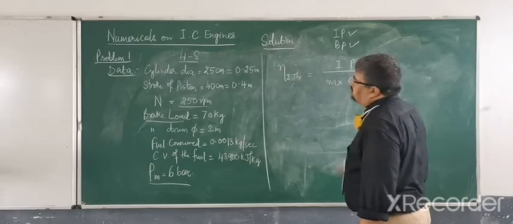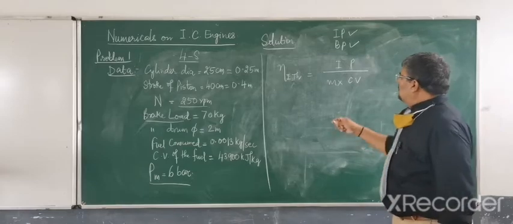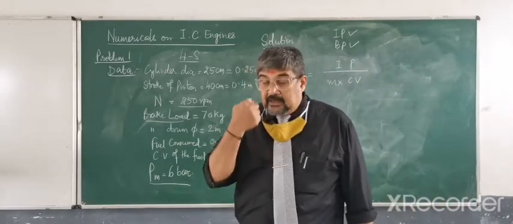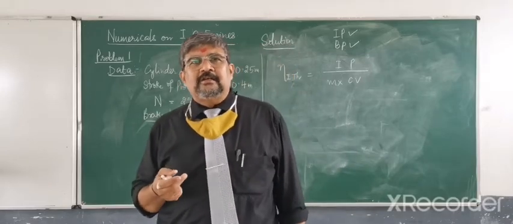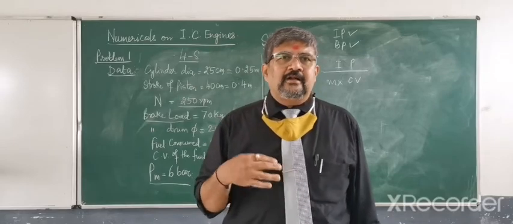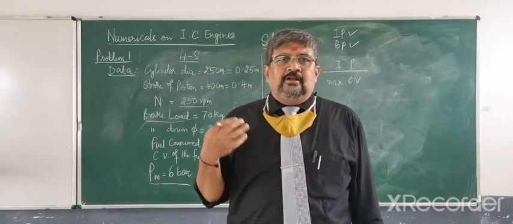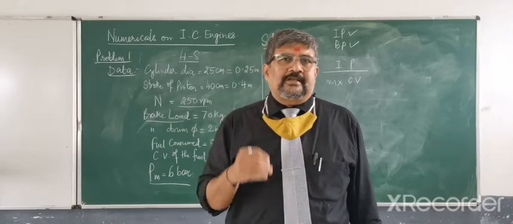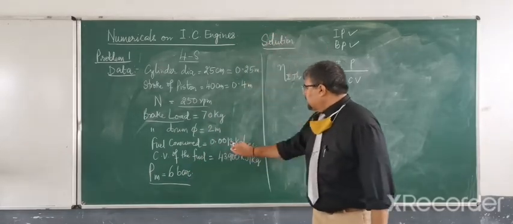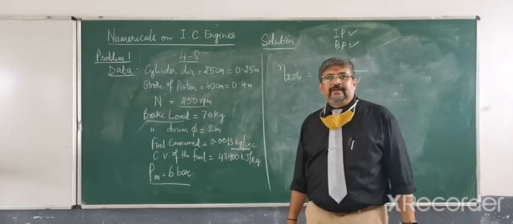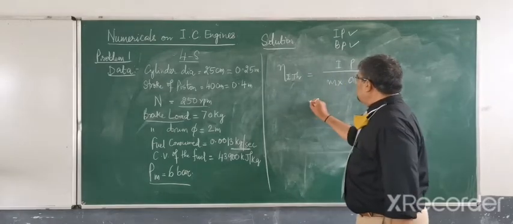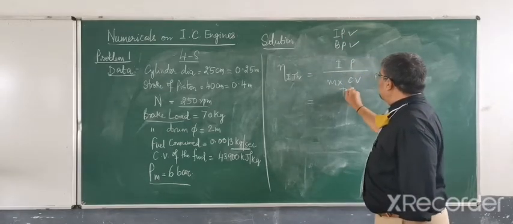Earlier, when we were discussing the equations, I told you that in case the value of M is given in kg per hour, you have to divide it by 3600 to convert it into kg per second, so that you will get it as kilojoules per second, which is nothing but kilowatt. But now it is already given in kg per second. So there is no question of dividing it by 3600 again. So I will substitute the values. I have already calculated the indicated power. I know what IP is.